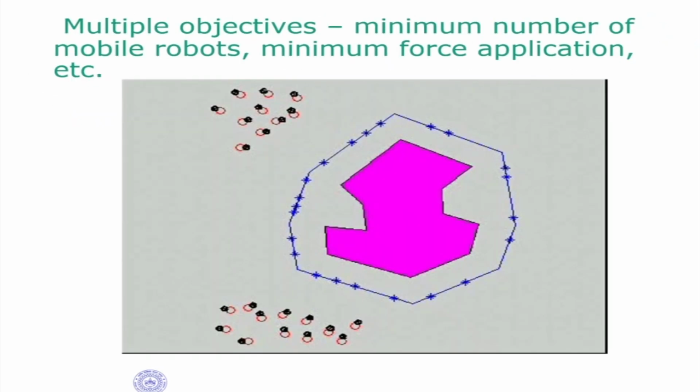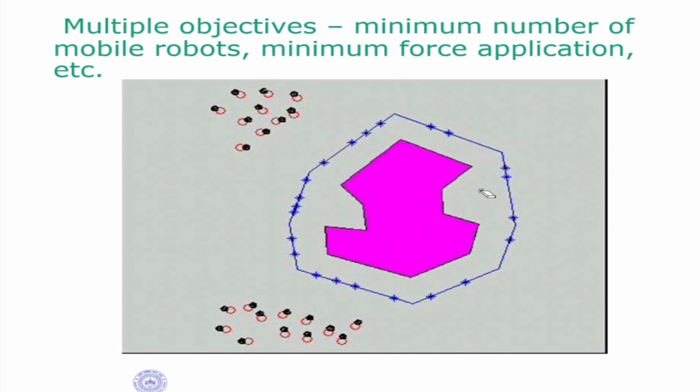This is another example that I would like to explain to you. This is a moving obstacle. This pink obstacle is a moving obstacle, and these are multiple agents. Let's call them multiple mobile robots or agents, which can move in any direction. Now the objective is to go and capture this object and push it somewhere. This object can have a trajectory; it can be moving in space.